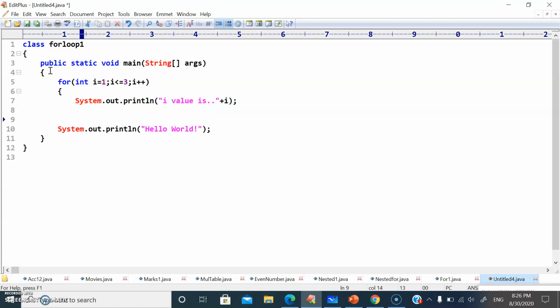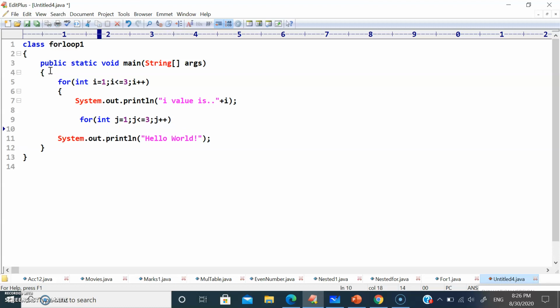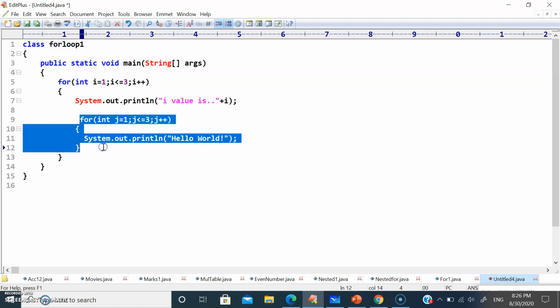Now I'm going to write my inner for loop, for (int j = 1; j <= 3; j++). Now I'm going to print hello world. So this we call the outer for loop and this we call the inner for loop.